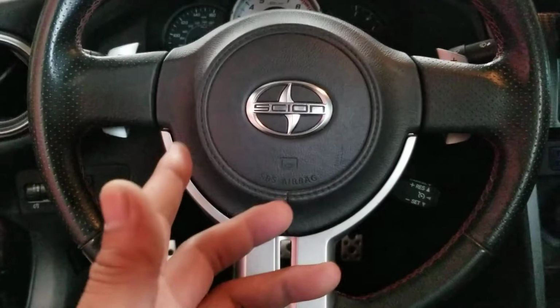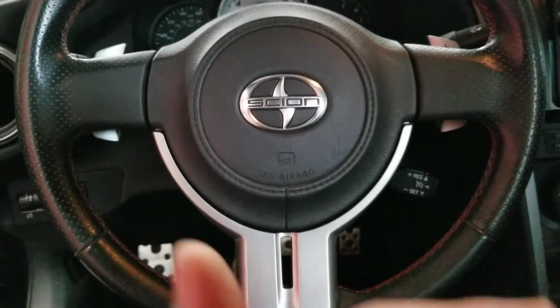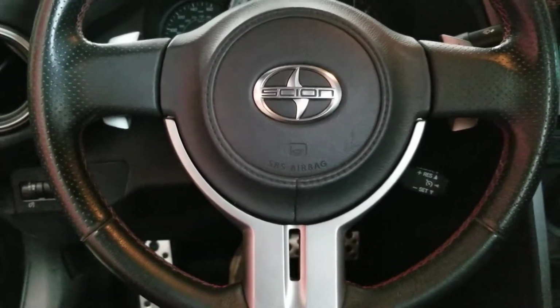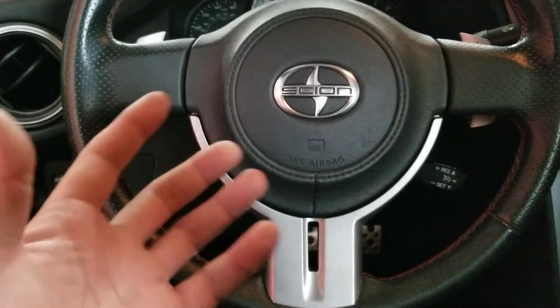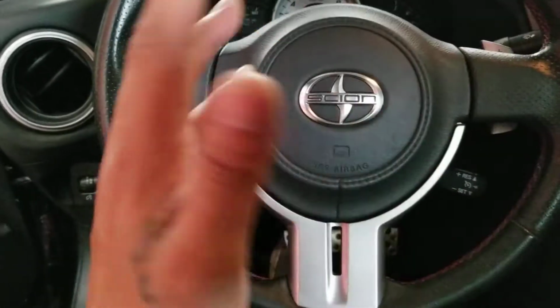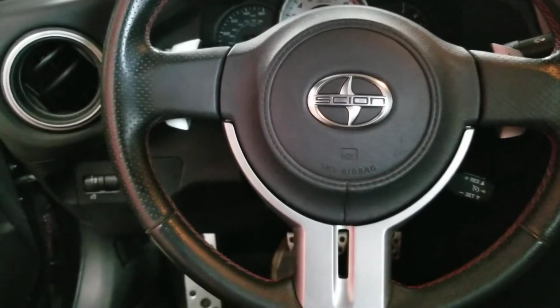Now the fun part was on the outside, where I had to do a lot of sanding and buffing because of orange peel and contaminants or dirt in the finish. I got a spray on it right now, so you really can't tell, but some of you might be able to if you've seen this kind of work before. So I'm just gonna give you a quick walk around the vehicle and explain to you what we did,